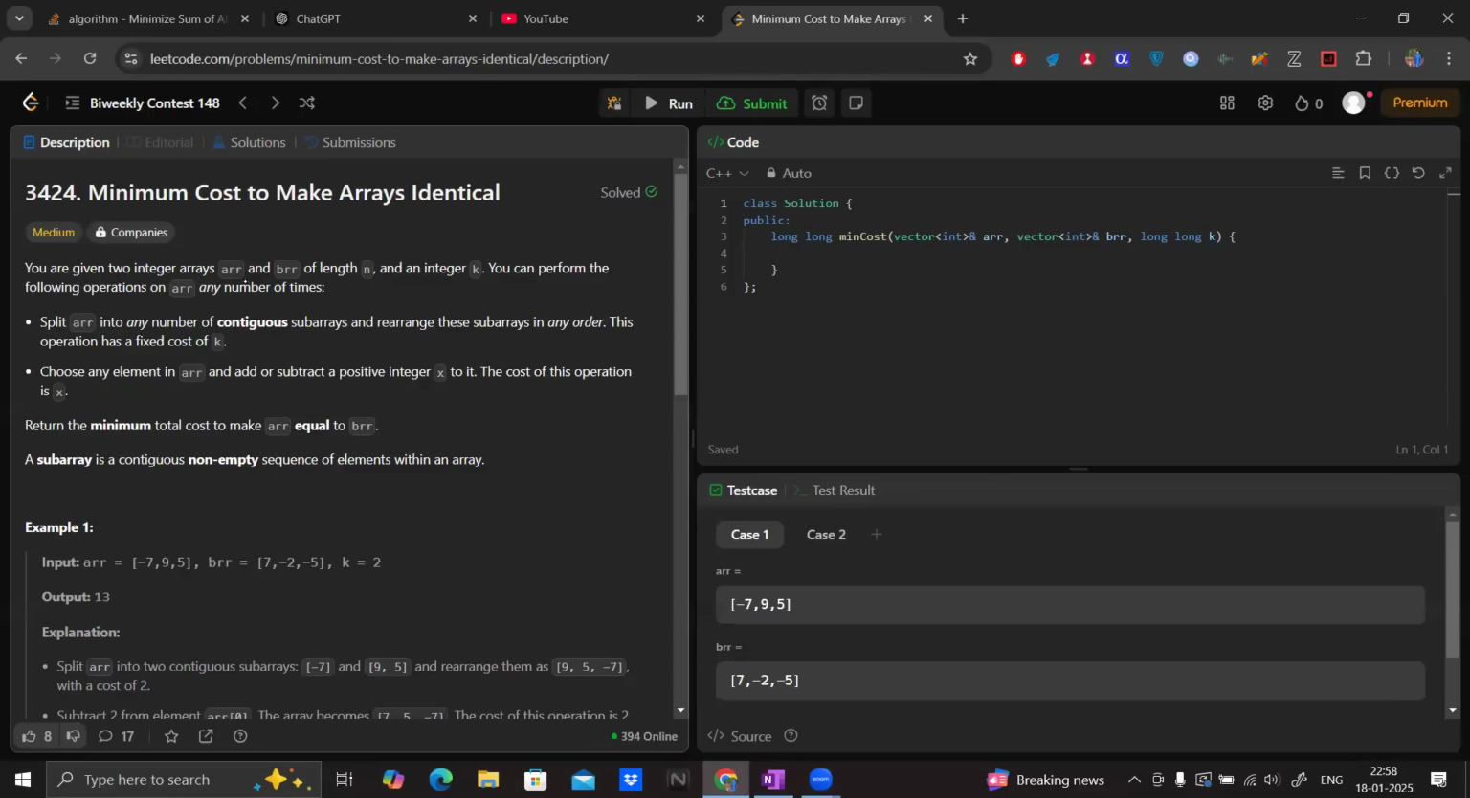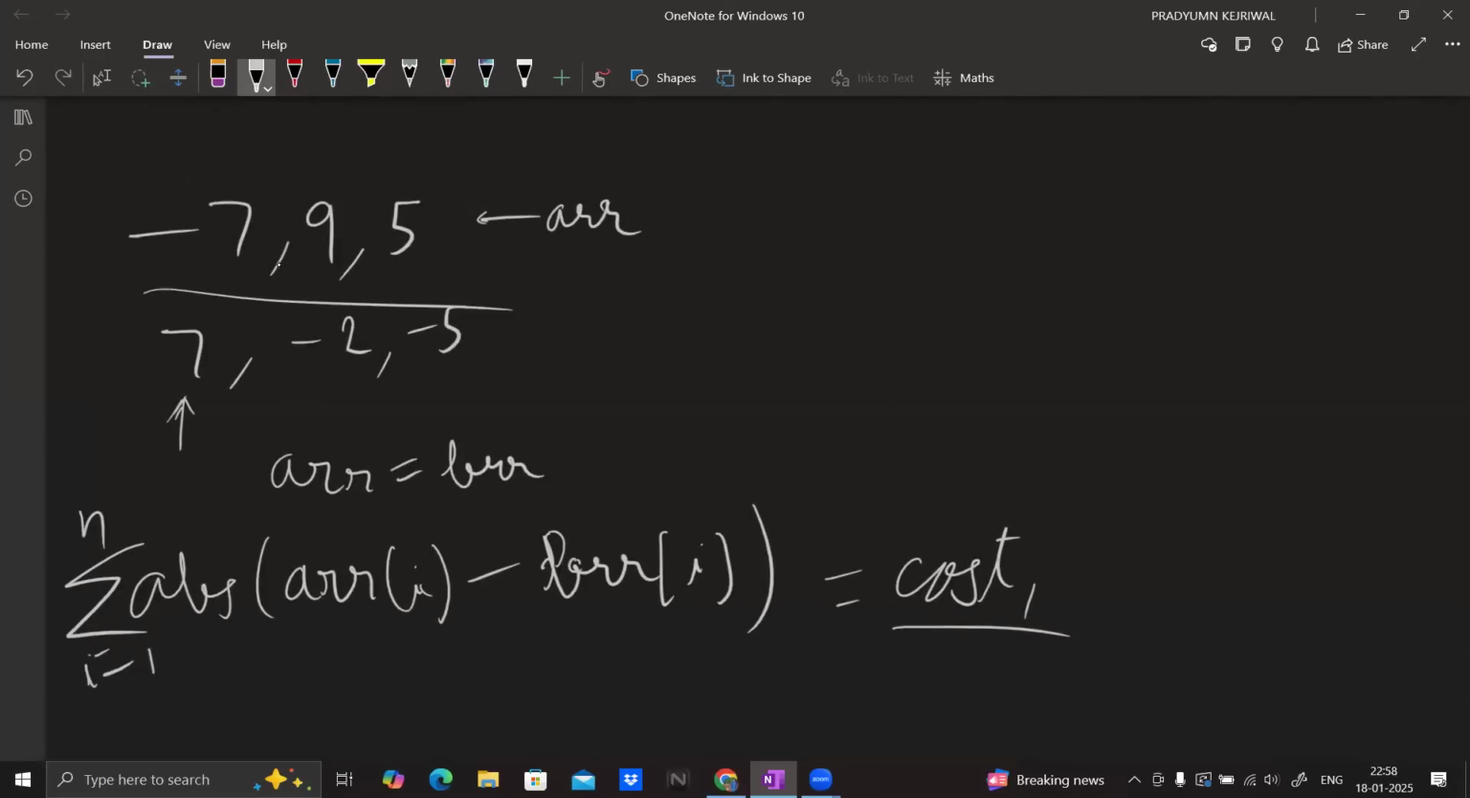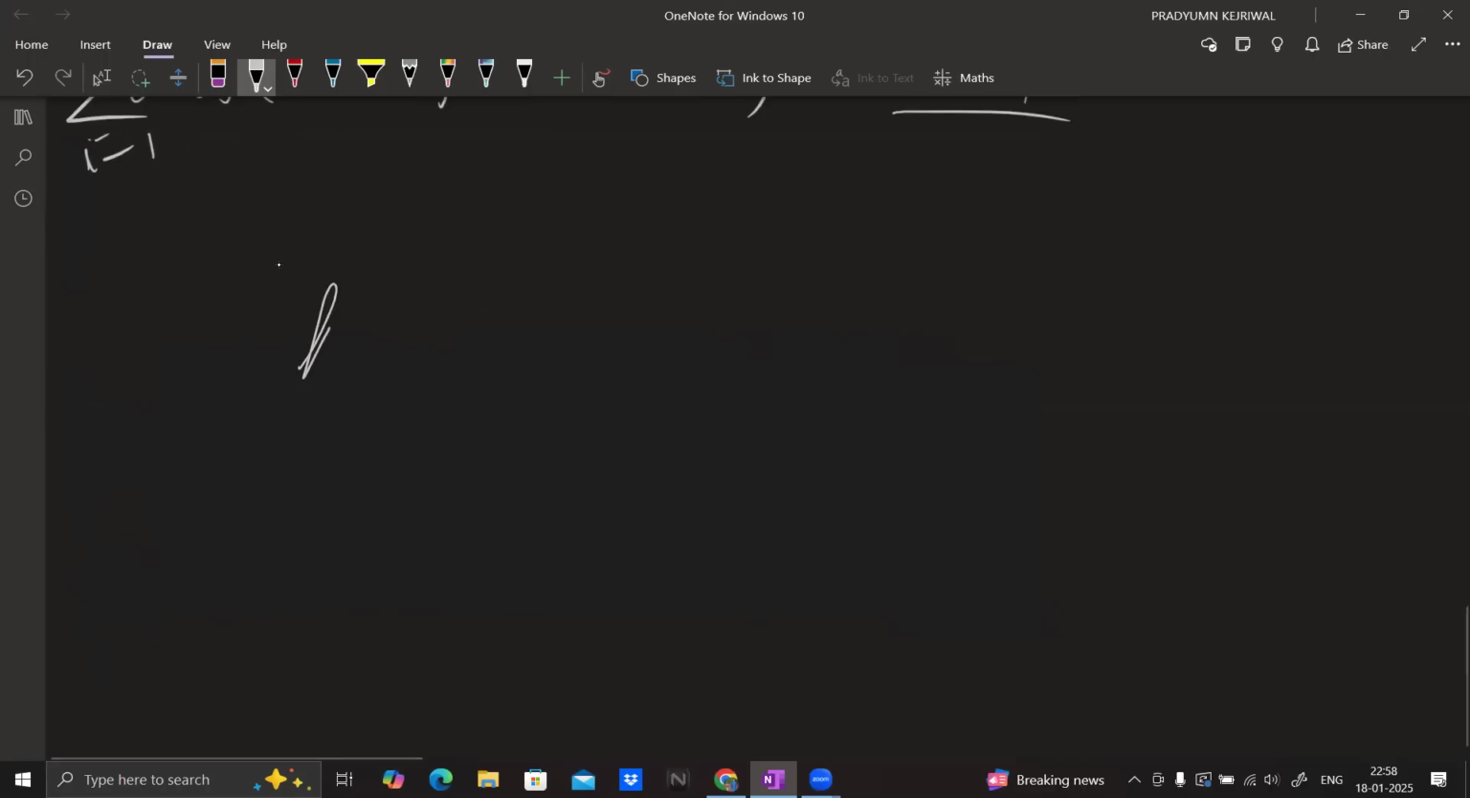It doesn't matter what you rearrange into. You can convert this ARR into anything, like minus 7 9 5, you can convert it into 5 9 minus 7, 9 7 9 minus 7 5, whatever. You can convert it into whatever thing, and it will have a constant cost of k. It doesn't matter what you convert it into, it will still have a cost of k. And then you will have to make the arrays equal, each individual index equal, so that will have